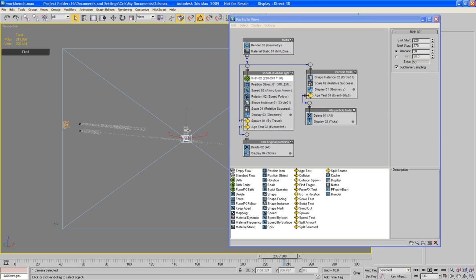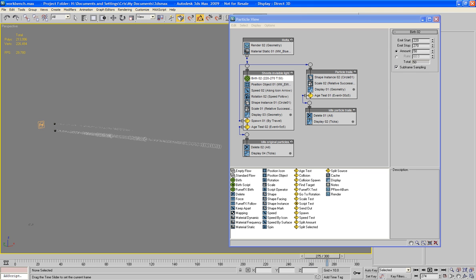Let's come back a bit. I'll just delete this camera. Okay. So that's a lot less particles than we had before. Now we've still got our 12 passes on, so if we go to my camera,